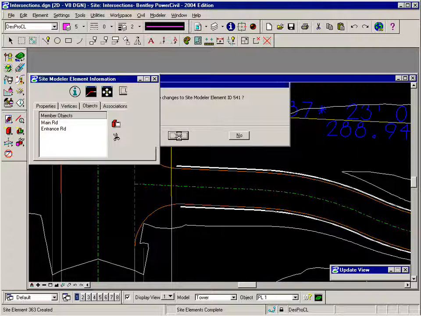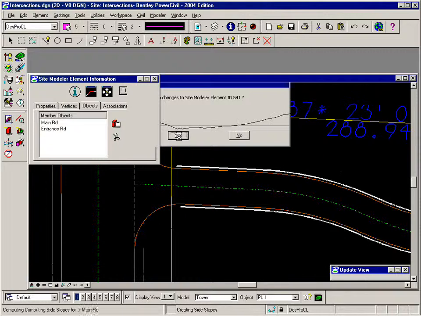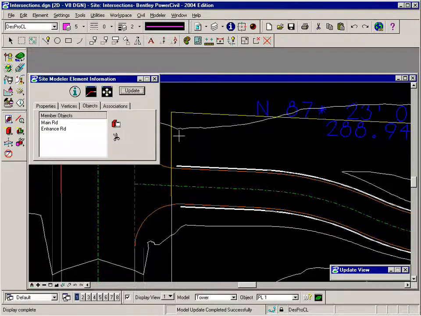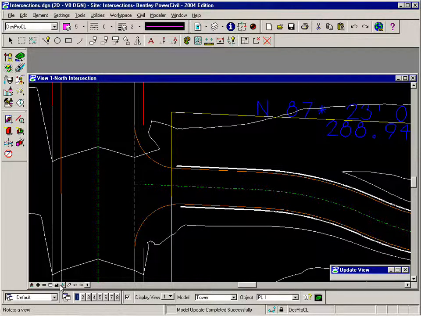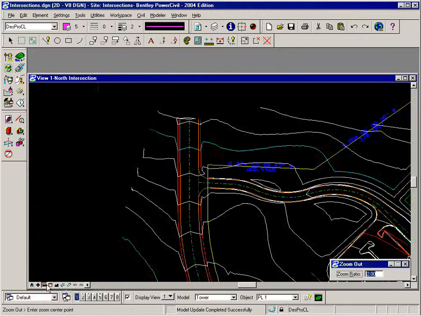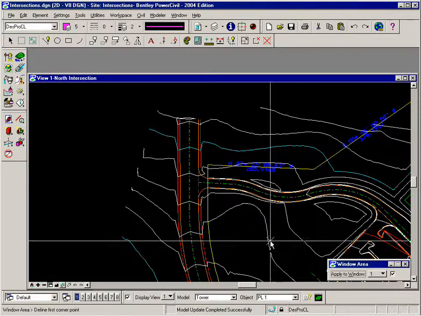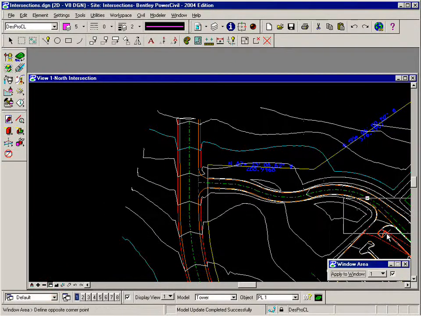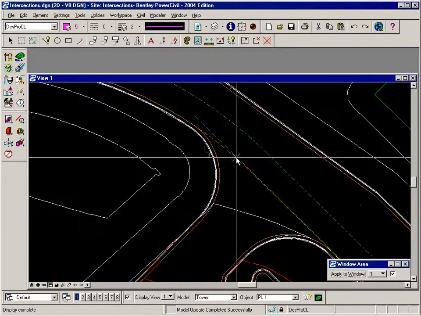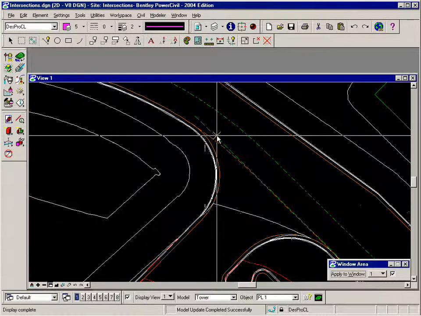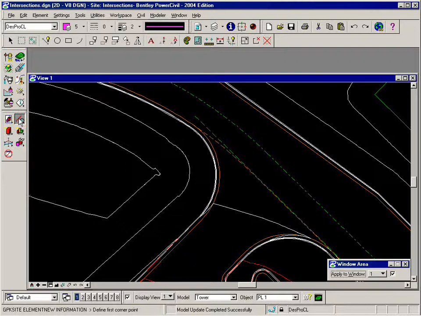Now if I don't want to wait for that process every time I make a change to the entrance road, well then I can turn off associations for now. So let's go ahead and do that. Let's zoom back out to the area of the parking lot, and that line that we laid down, the green dashed line that's part of the temp 1 object. Let's info that element